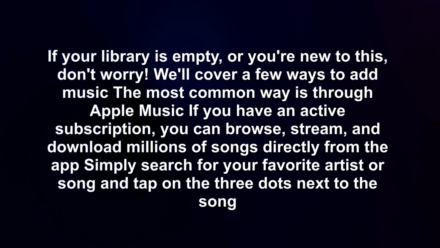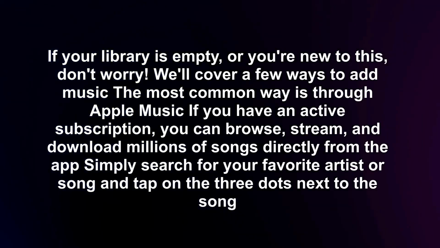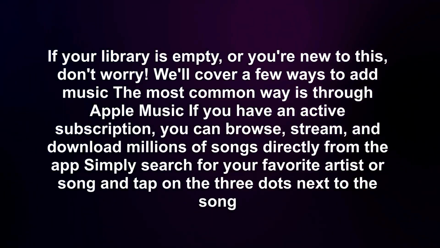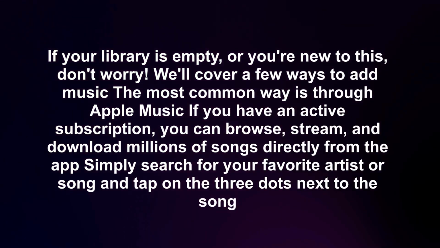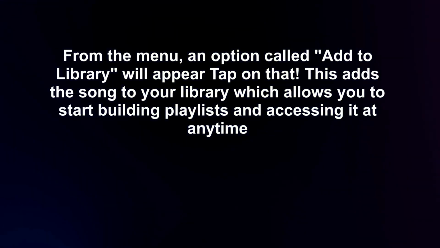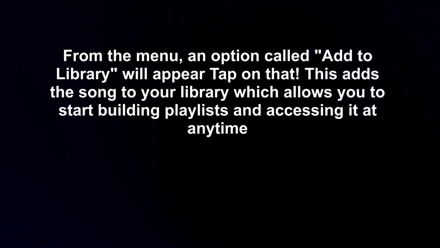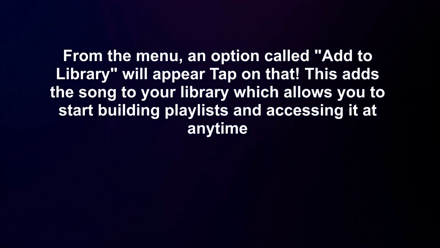The most common way is through Apple Music. If you have an active subscription, you can browse, stream, and download millions of songs directly from the app. Simply search for your favorite artist or song and tap on the three dots next to the song. From the menu, an option called Add to Library will appear. Tap on that. This adds the song to your library, which allows you to start building playlists and accessing it